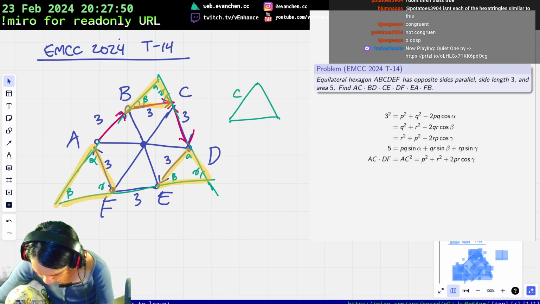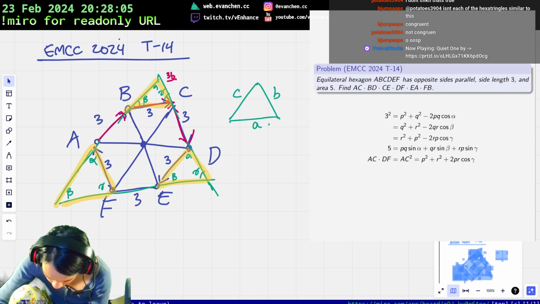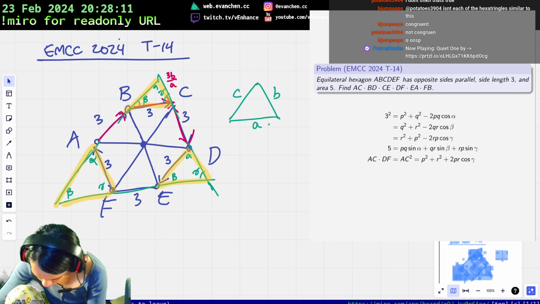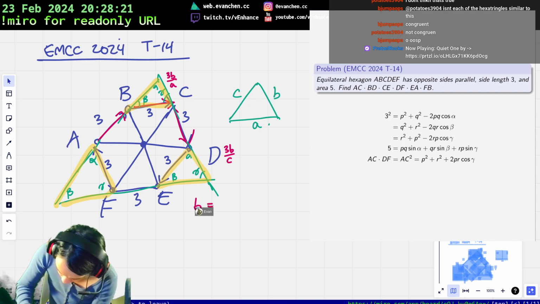We'll call this C. I want to get the symmetry right. B, A. Then all of the other lengths follow from a symmetry argument, right? So this is like 3b over a, for example. And then this one is 3b over c. So we get this relation that b is equal to 3 plus 3b over a plus 3b over c,